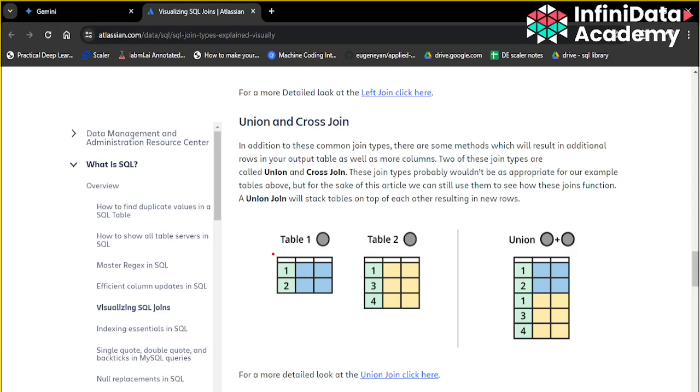As you can see here we have 1, 2 over here, and here we have 3 rows in table 2, and as you can see in the output, regardless, the 1 was common in this as well as this, still in our output they are coming as separate rows, so that is basically your union. Basically we are just appending one table below the other table, so that is a union thing.